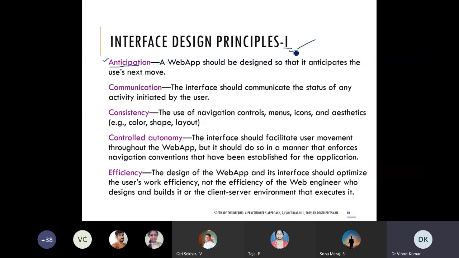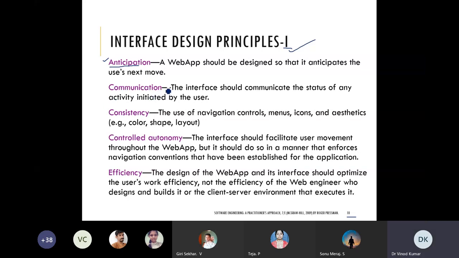Then what is my next move? Principle 2, interface design principle 2. So a web page should be designed so that it anticipates the user's next move.